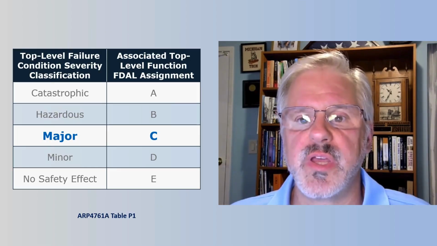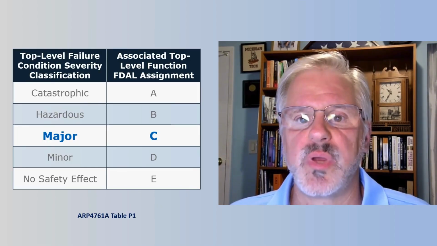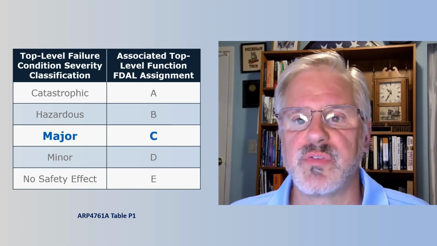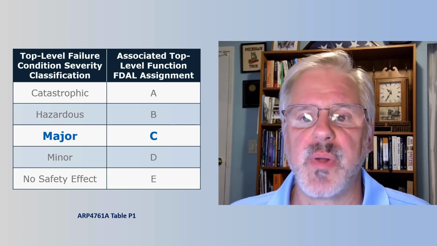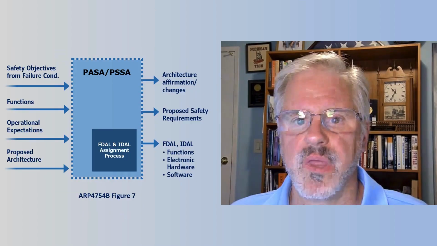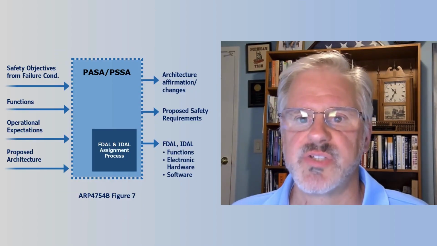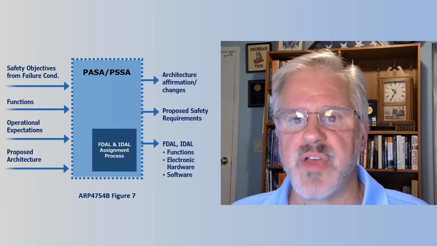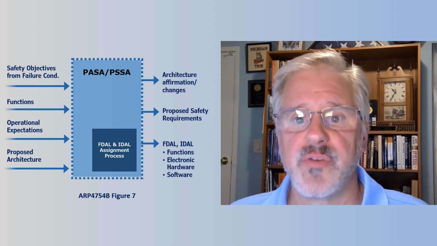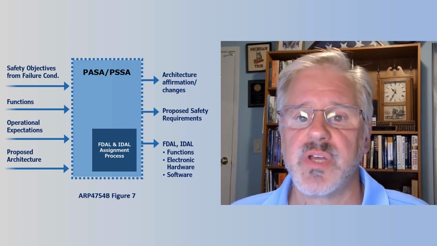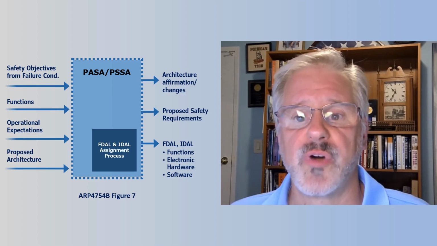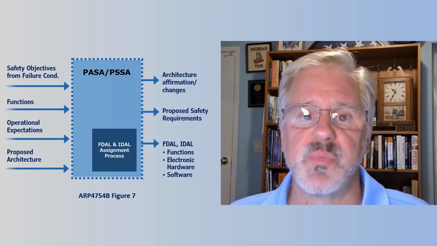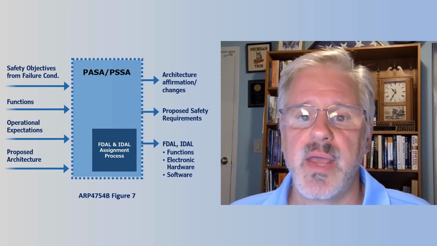We are planning for the initial release of ARP6983 to cover ML items up to Level C. The assignment of an item development assurance level for the ML item would be determined at the system level in the PSSA. The IDAL assignment in the PSSA starts from the failure condition category from the FHA and may also take credit for mitigating features in the system architecture. The PSSA would also identify constraints or functional or performance requirements needed to support the claims made in the PSSA.